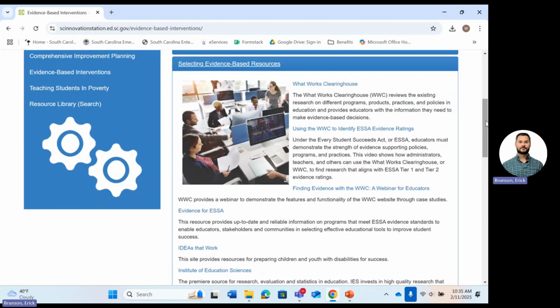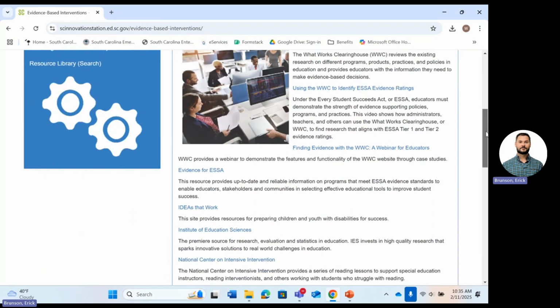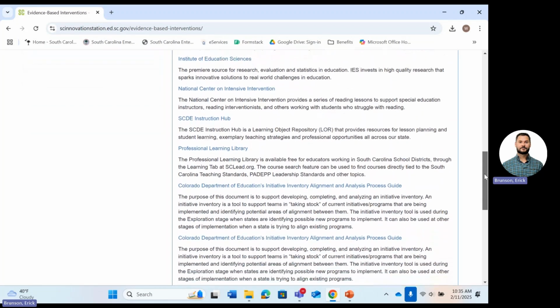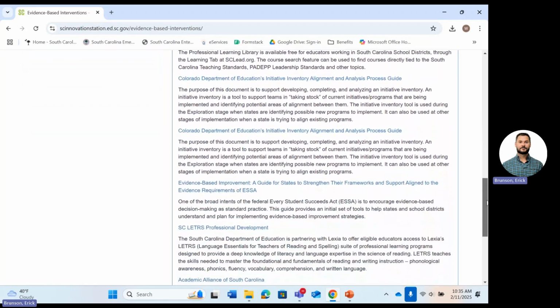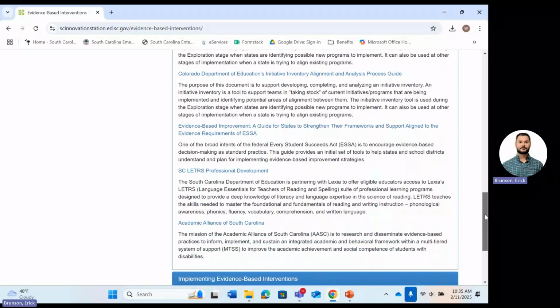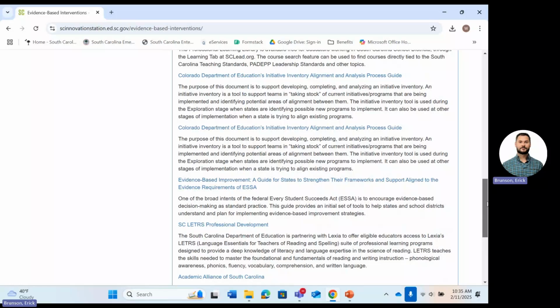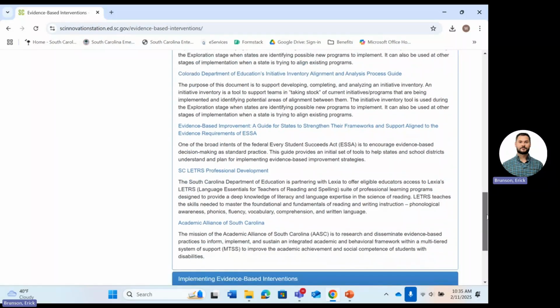Okay. Yes, ma'am. So as I said, we have What Works Clearinghouse, and then we have Evidence for ESSA that's in there. Ideas that Work is also in there. So it can help you find some interventions that will actually apply to your particular population that you have at your school or district. And then the next one is teaching students in poverty.